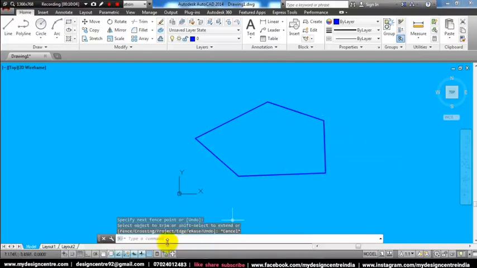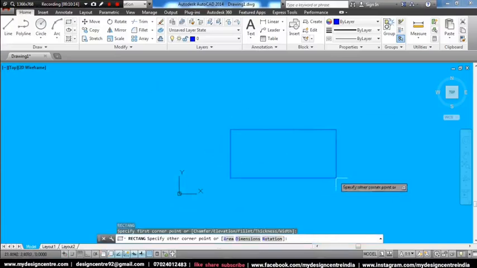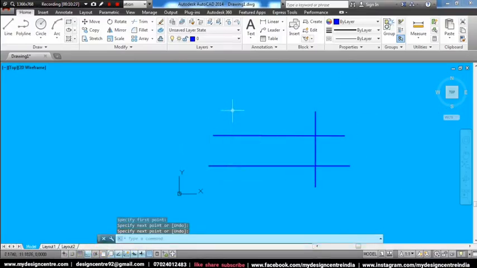Now we are going to learn the crossing option in trim. The crossing option is very similar, but it is used for some regular shapes. Like, I'm going to create a line over here like this, and let me turn on ortho.